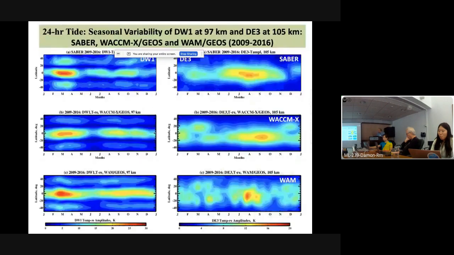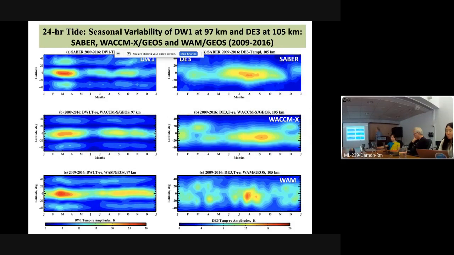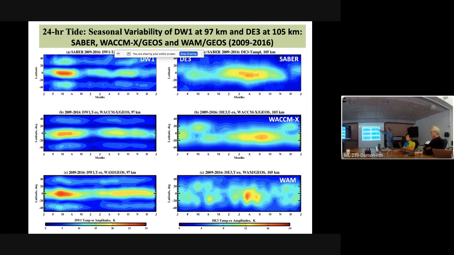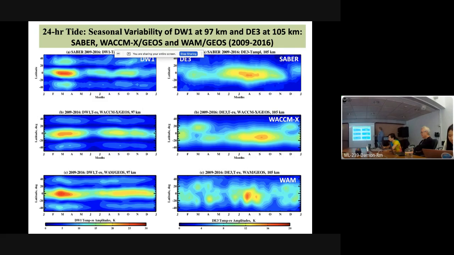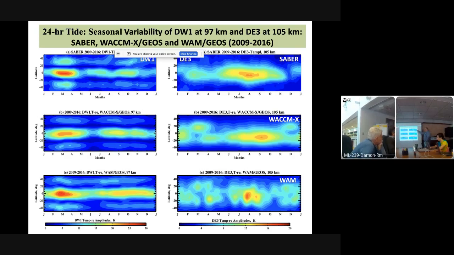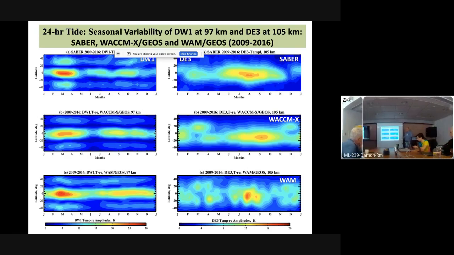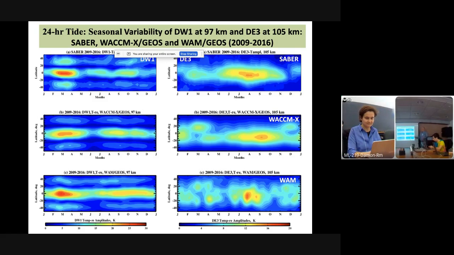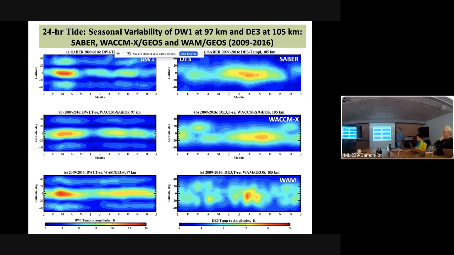Okay, very sensitive. What I plot here is the representation of the average of the diurnal tide's two major modes, DW1 and DE3. This is seasonality from 2009 to 2016: DW1 at 97 kilometers, DE3 at 105 kilometers. For SABER, due to local solar time sampling, we use 60-day composites and move a 1-day running window to get estimates of tidal amplitudes in the classical manner, like Jeff Forbes proceeded,